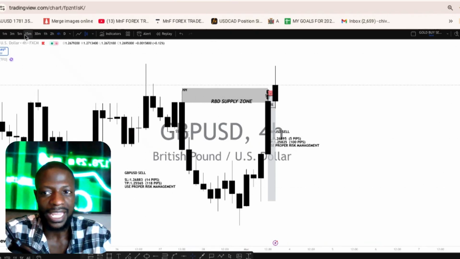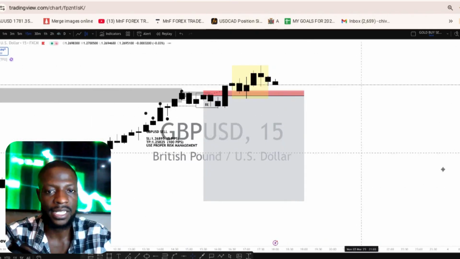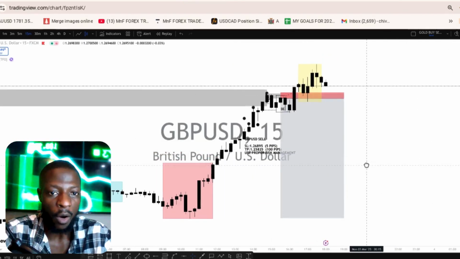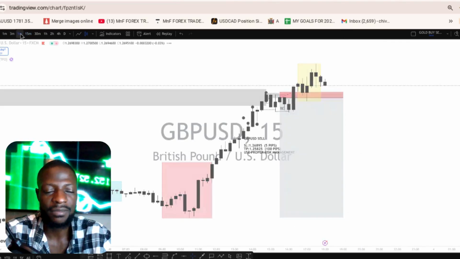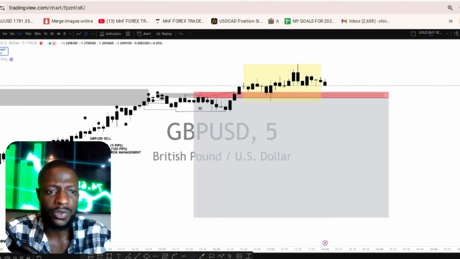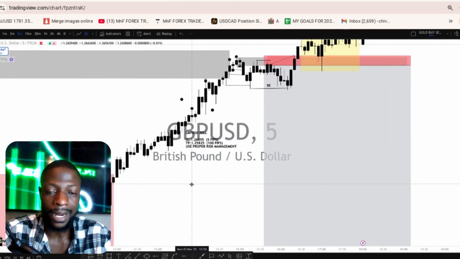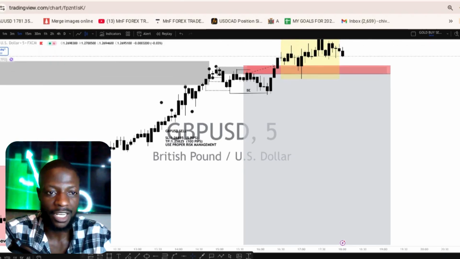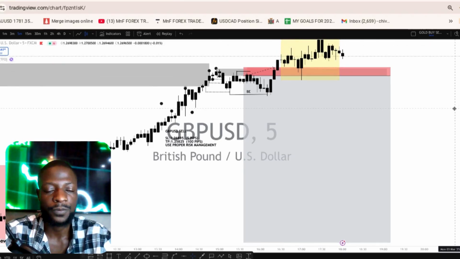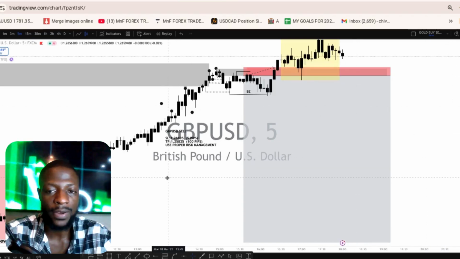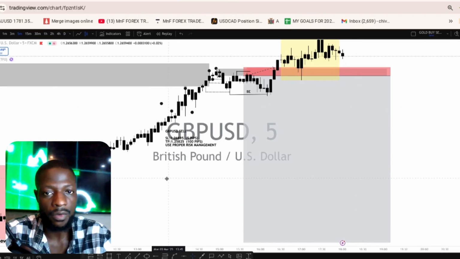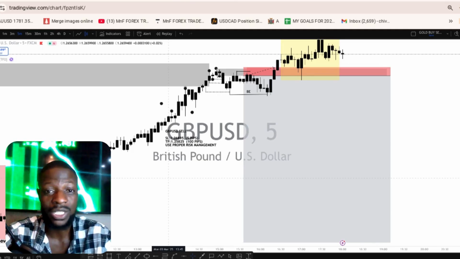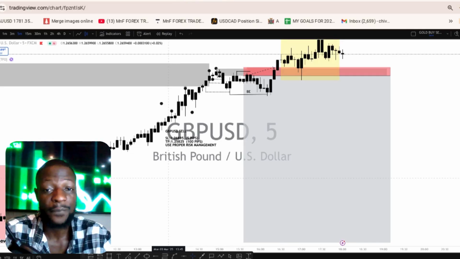However, even the very best of setups will not work. Therefore, I always emphasize risk management because you can do everything. The market can meet all your criteria. However, that particular trade can still fail. So that's the reason why I always emphasize, make sure that you are following your strategy, make sure that you know exactly how much you're willing to lose on a trade by trade basis,